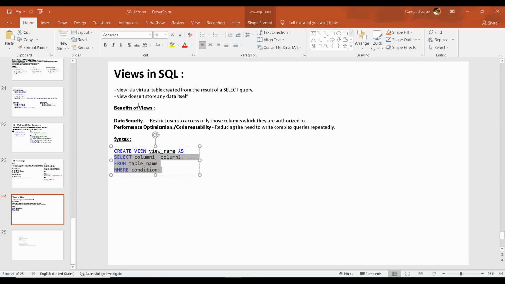That's it. So why are we using a view? There are 2 very simple reasons. The first one is data security. Here you can see that you are picking column 1 and then column 2. Later you can pick any column like column 3 or column 4. Rather than picking all the columns from the table, when you give access to a table to some outside people, definitely they are going to access each of the columns present in that table, right? But if you want to restrict that